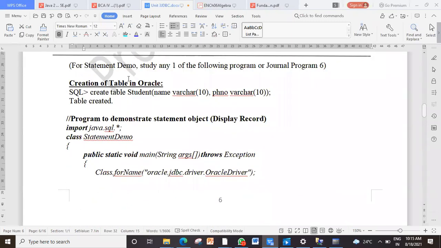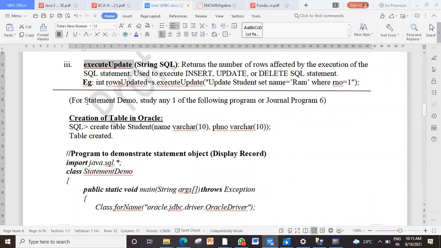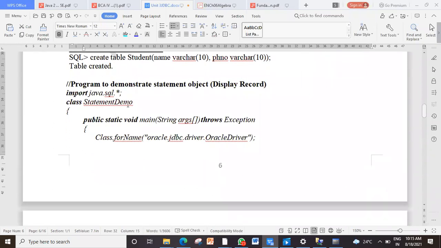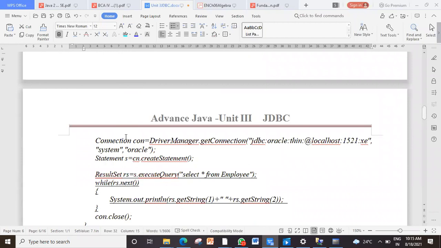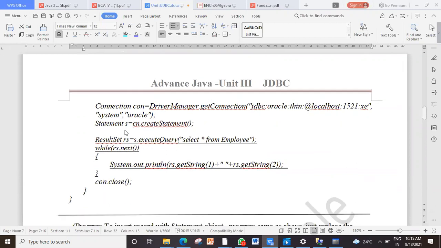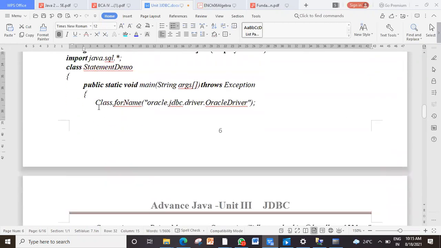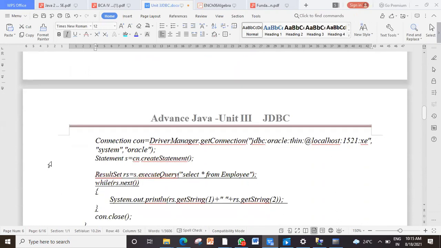Now here I have given an example. This is the same as the program which I covered in our last lab, a normal program without using prepared statement. What is this first step? Can you tell me what this step does? Theoretically, it loads the drivers.